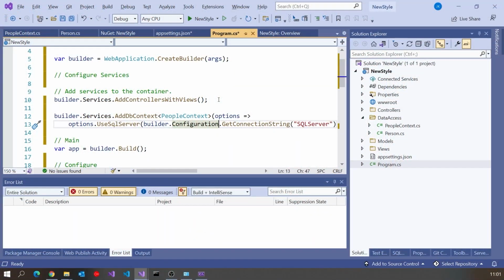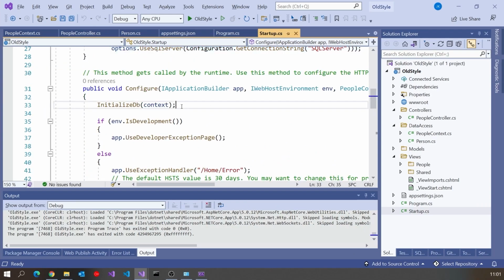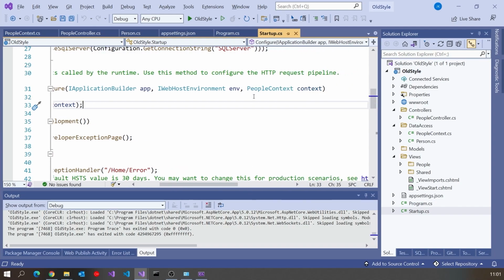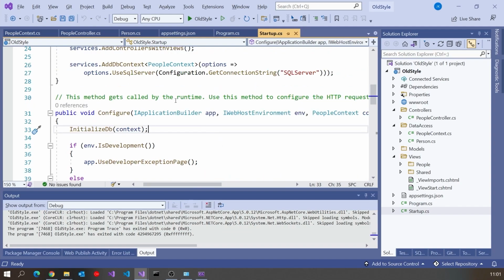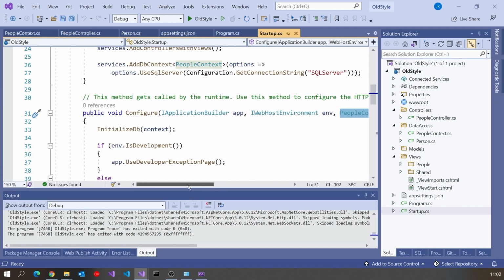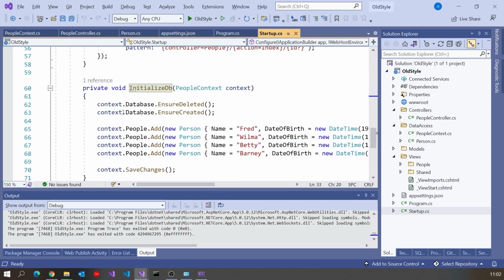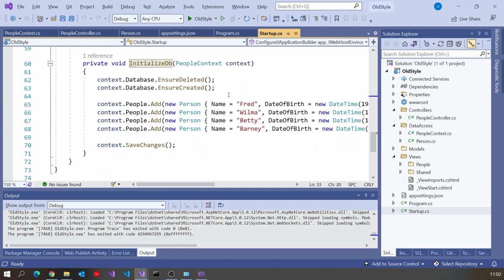So that's fairly straightforward in terms of what we can do, and that's all part of what used to be configure services. But then we had a little bit more to do, because if we go back to here and now look in configure, we did this initialize DB based on the context. So what we're doing here is having configured the injection of people context. Configure itself, remember, is actually injectable. So we can put anything we want to inject in here, so things like the environment already being injected, as the context, and it will create it using the standard injection rules. And then here I've written another function called initializeDB, and there we've got that, and does ensure deleted, ensure created, and all that sort of thing.